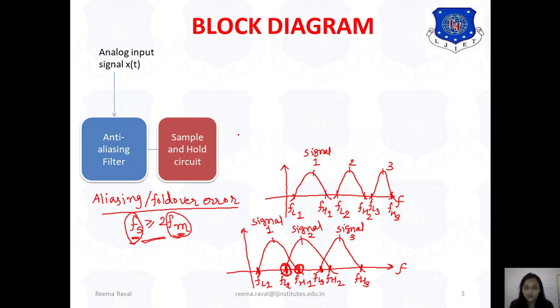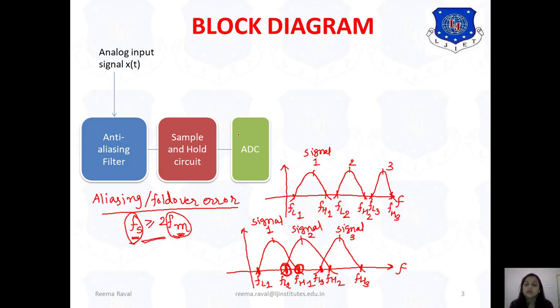As the name suggests, the sample and hold circuit will sample the input voltage levels it receives and hold those particular values, which is the basic requirement of an analog to digital converter. So the sample and hold circuit receives the analog signal from the anti-aliasing filter, and it samples and holds that particular value. Right? Now this signal is given to the next block, which is the ADC. ADC is called the analog to digital converter.